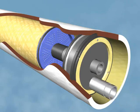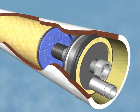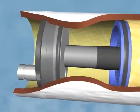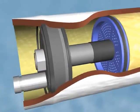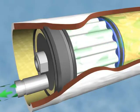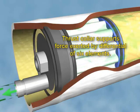The feedwater port fits through the sealing plate to reach the cavity between the sealing plate and the first element. A port nut and permeate port end plug complete the inlet side assembly. The outlet side of the pressure vessel is identical in construction with the exception of a thrust collar. The thrust collar is used to protect against the tremendous pressure which otherwise would be totally loaded on the end